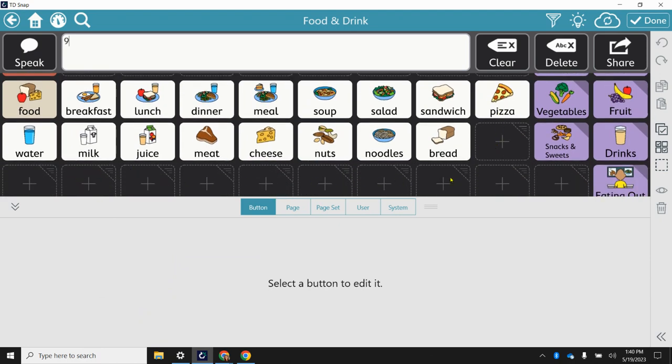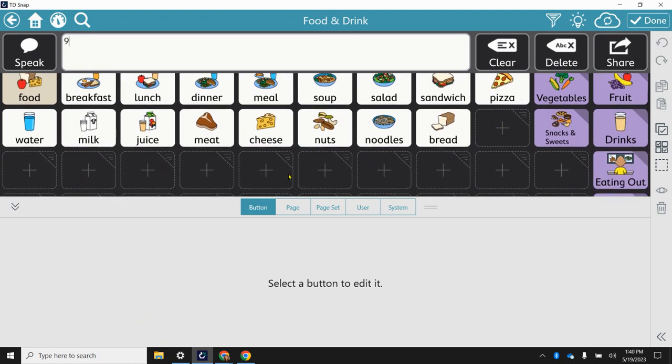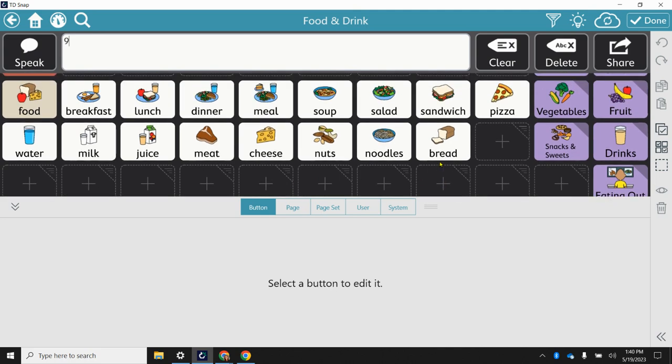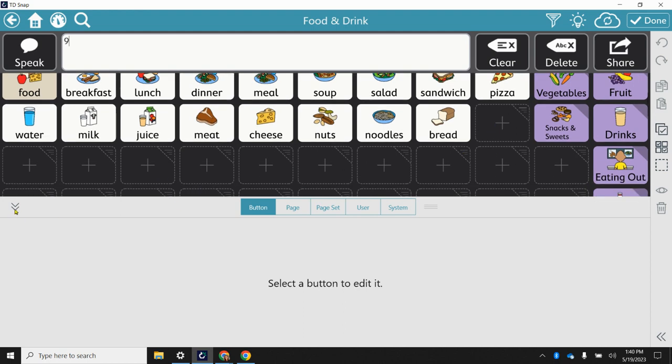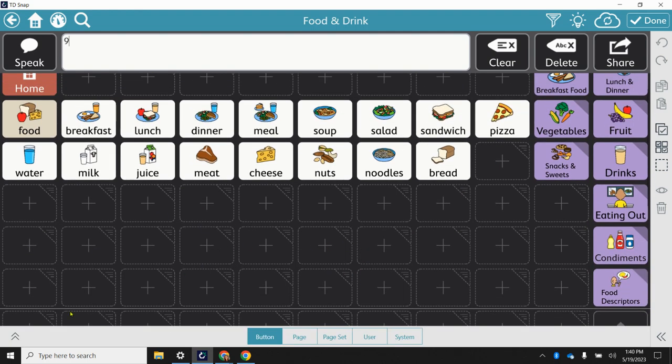On here, one of my favorite things to eat are cookies. So I'm going to add cookies to this main page. So I'm going to select any button location. If I minimize this again, you can see that there are lots of buttons. So I'm going to add it right here. So I'm going to select that button,